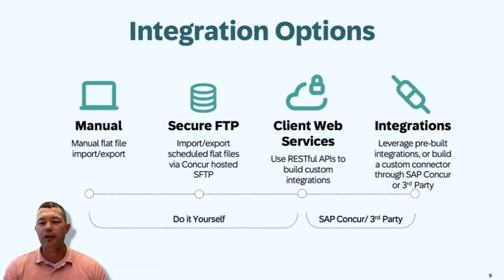And then moving to the right, this is the more white glove service. It'd be more your pre-built integrations. So SAP Concur has built out some out-of-the-box integrations that are easy to set up, but they are tailored to some very specific systems. So if you happen to have one, then that is a very good option. You also have the ability to go into our Concur App Center. There's a lot of partners in there, over 300, that can actually give you an out-of-the-box solution that they might have developed for your very specific system, or they can do custom work.